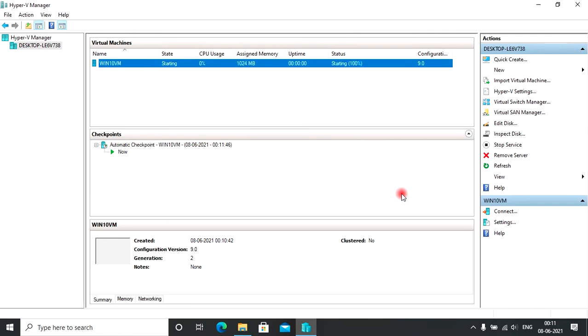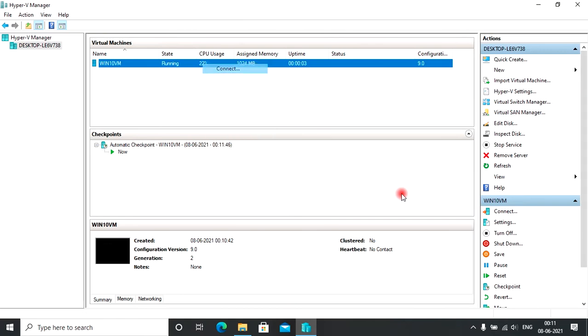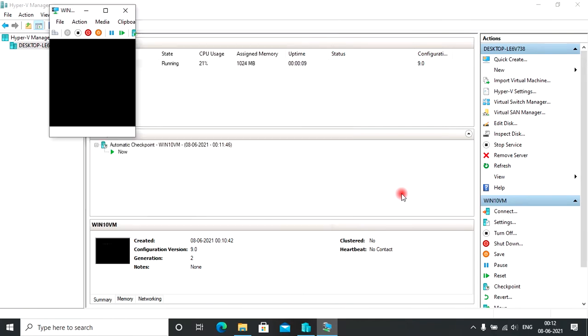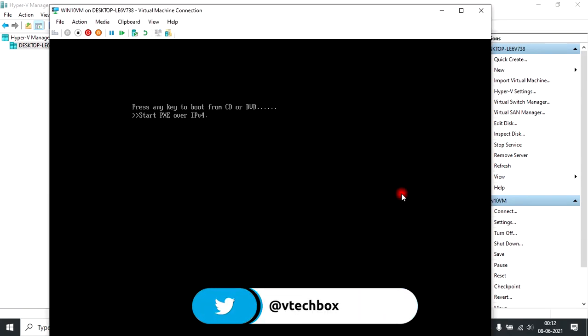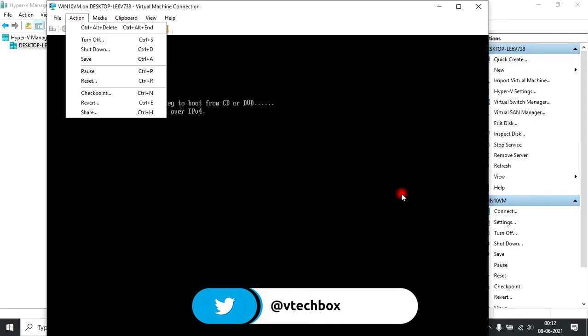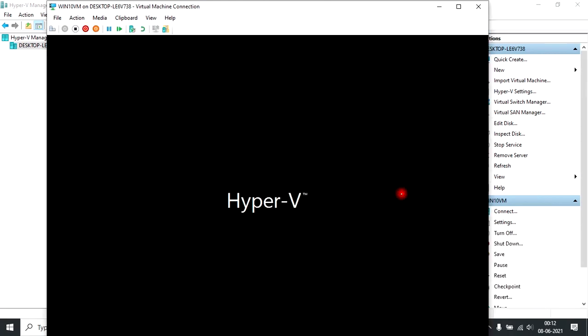I will again right click on the virtual machine and I will select connect. Console of the Windows 10 virtual machine is open now. I will go to action and I will give the Control Alt Delete. I will press any key here to boot from the ISO.